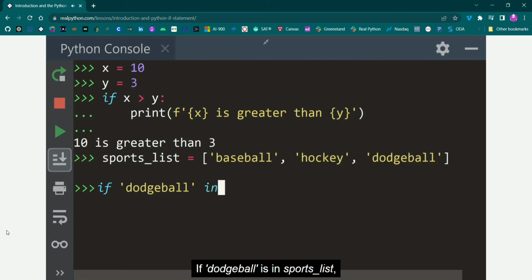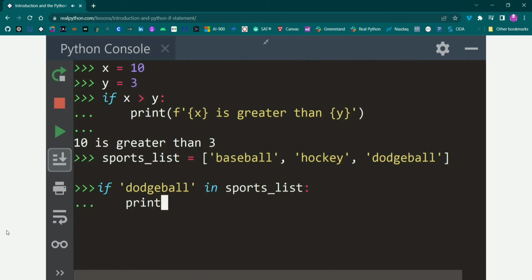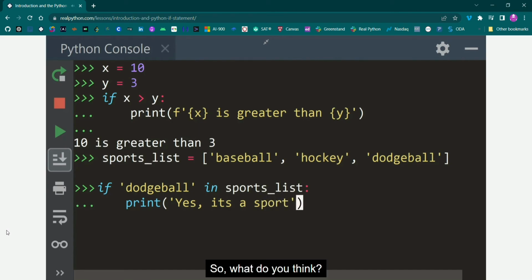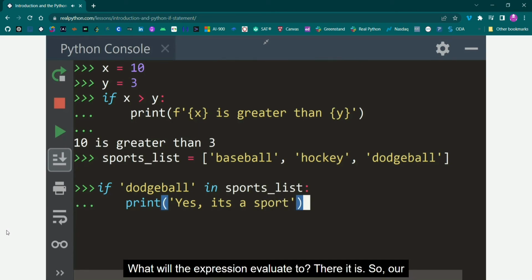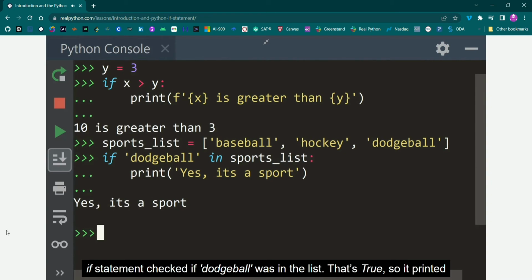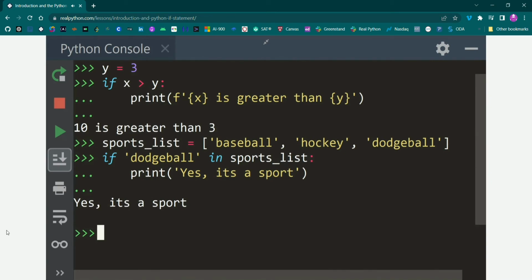If dodgeball is in sports list, let's print something out. So what do you think? What will the expression evaluate to? There it is. So our if statement checked if dodgeball was in a list. That's true. So it printed, yes, it's a sport.